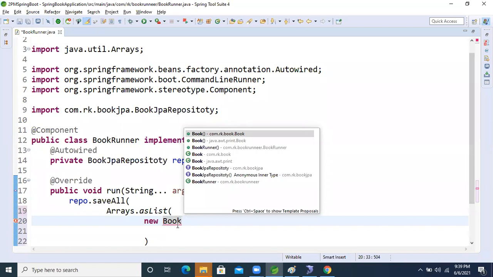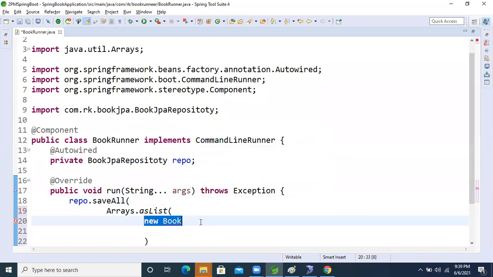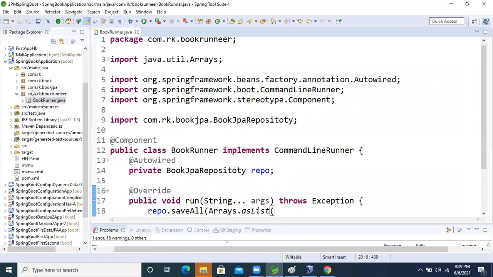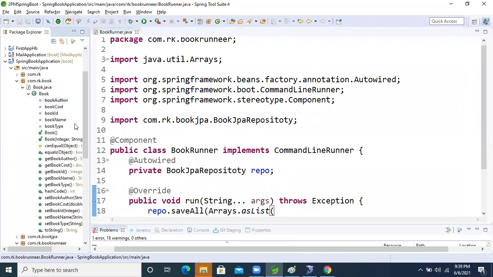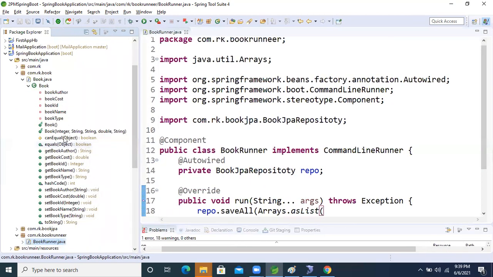Hey, again, the parameterized constructor is not coming here. Update. Okay, argument required constructor. Save the project. Yes, sir. The model class, no argument constructor, take it apart before all arguments constructor. No annotation we can apply anywhere, man. What are you talking about? That, see, it is showing now.